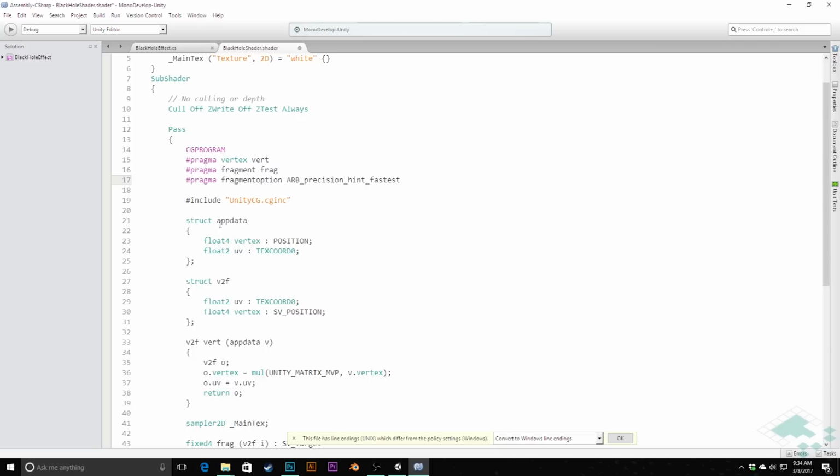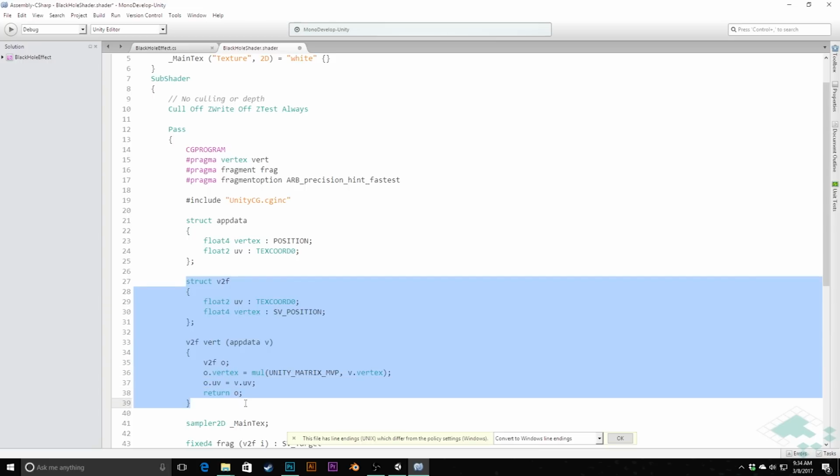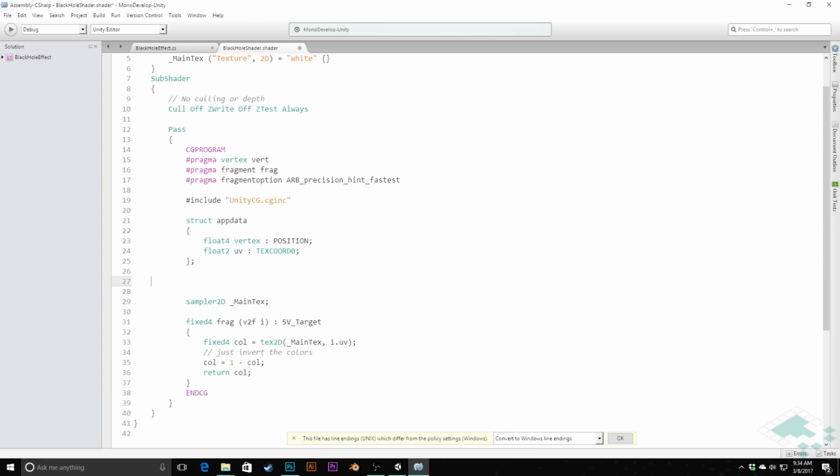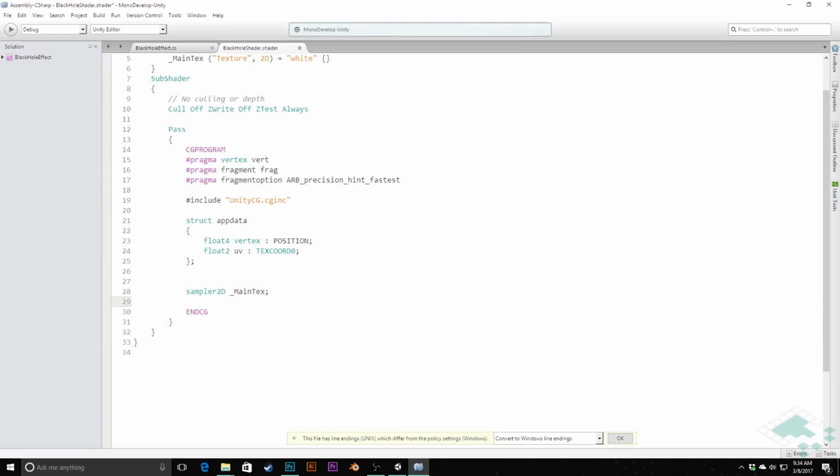The next thing we're going to do is get rid of this struct v2f, this v2f vert, and this frag method right here. These were all the base methods that Unity pre-populates, but we don't really need those. We're going to go about this a slightly different way, so we can remove those for right now. What we do need, however, is to